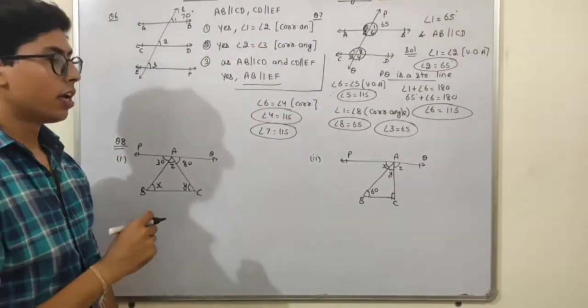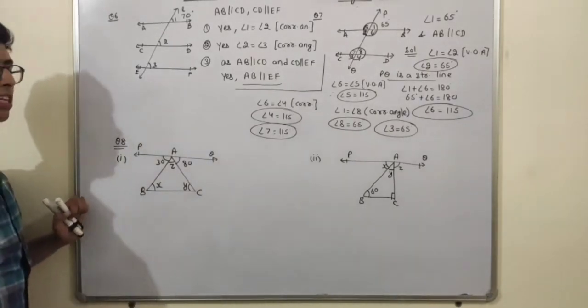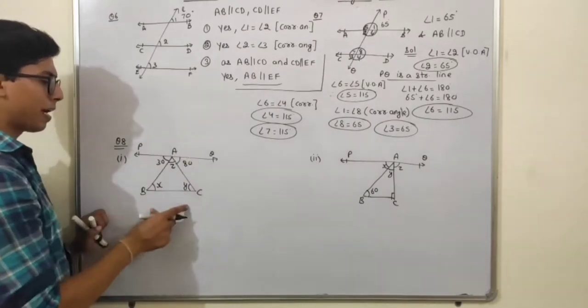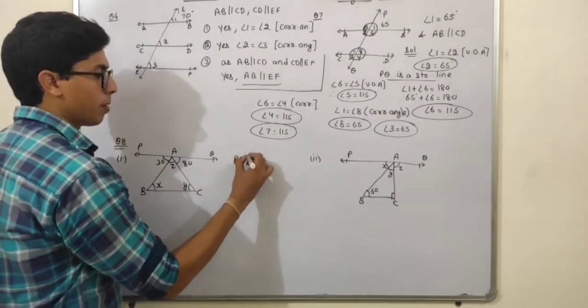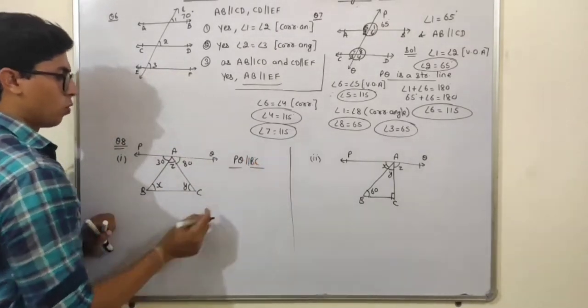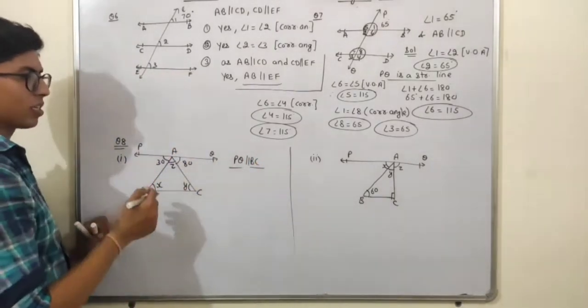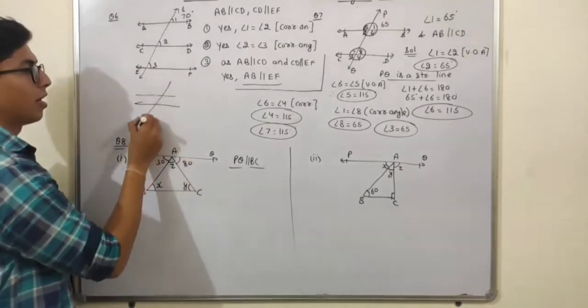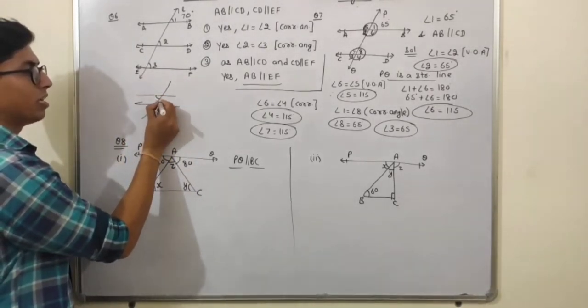Now just moving forward to the last question, that is question number 8, first part students. It is given in the question that PQ is parallel to BC. Now if I take AB as a transversal, if these two lines are parallel, I can say that these